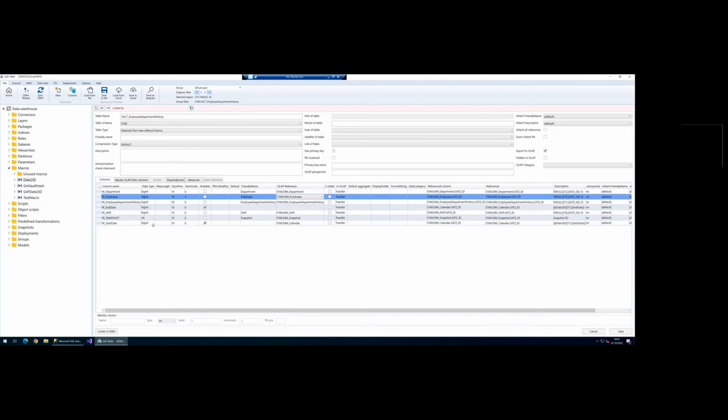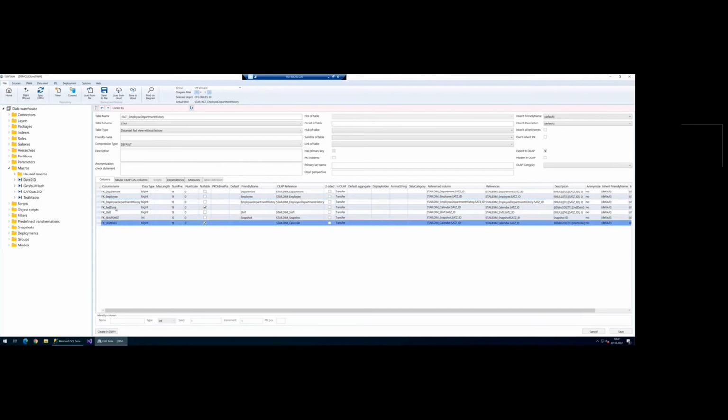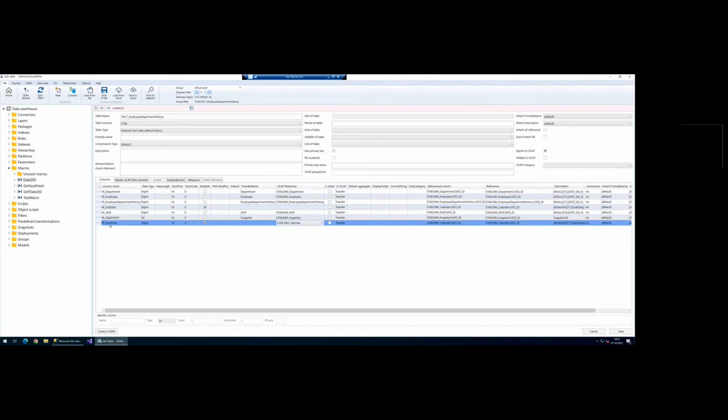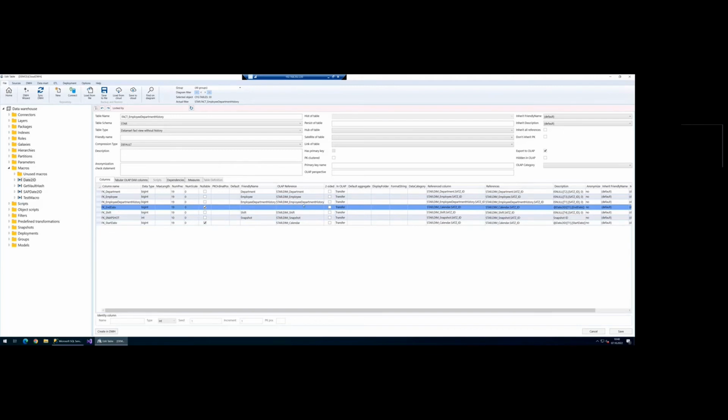What is interesting here is the calendar dimension. We have two calendar columns, start date and end date, but I cannot join two columns to the same table dim calendar. Therefore, only one column is joined to dim calendar, the start date, but end date remains